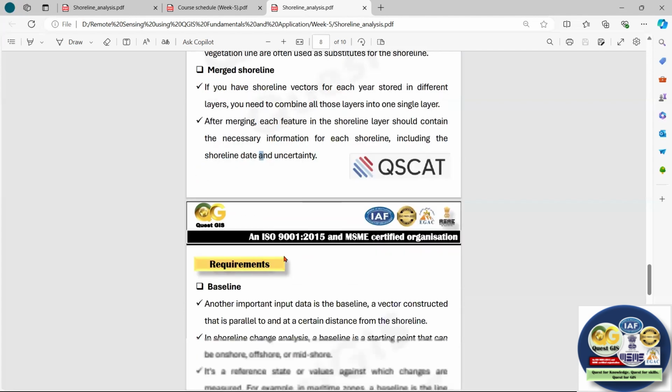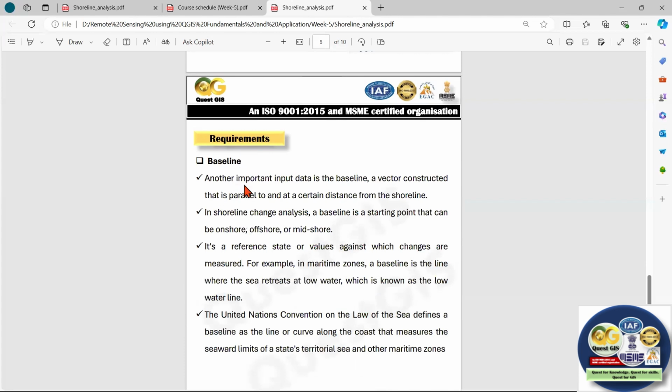The next requirement is your baseline. The baseline is another important input data: a vector constructed parallel to, or at a certain distance from, a shoreline. The baseline will act as a reference from which you will calculate these shoreline changes